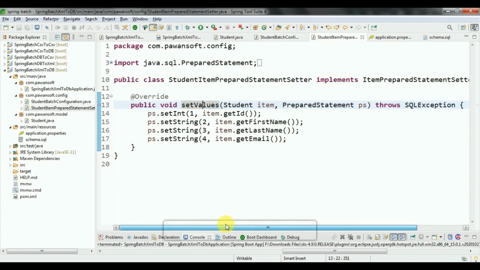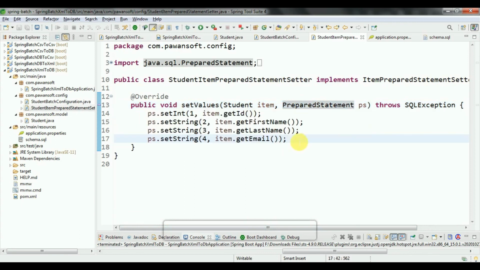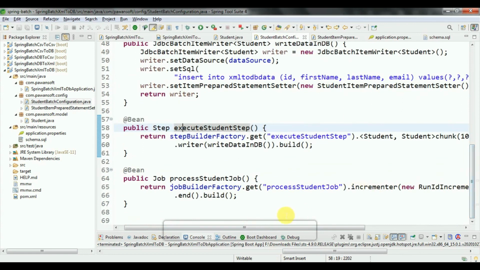Inside setValues I have 2 arguments: first is student and second is the prepared statement. You have to get the data from the student POJO class and set it on the prepared statement. So you have to write this code, and this is the job step and this is the job.